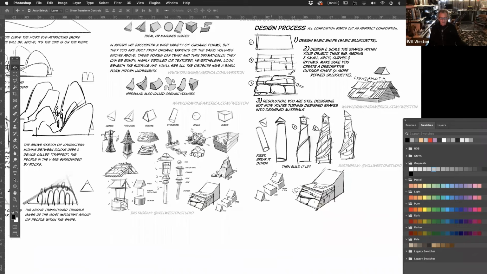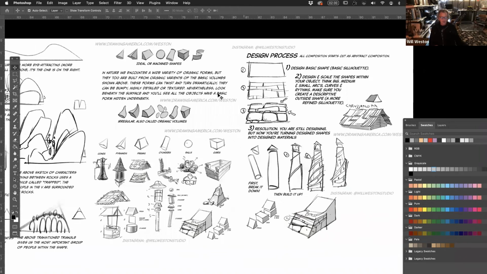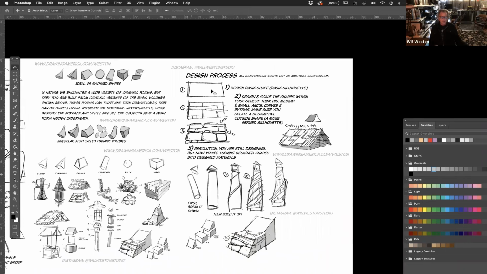and some prisms, okay? When I'm talking to students, I talk about the design process. Everything is about silhouette. So your first silhouette is the overall shape. Then you design your silhouettes within the silhouettes. Both one and two are design, and three is resolving the drawing or the painting. That's when you turn the shapes that you've created into an object.